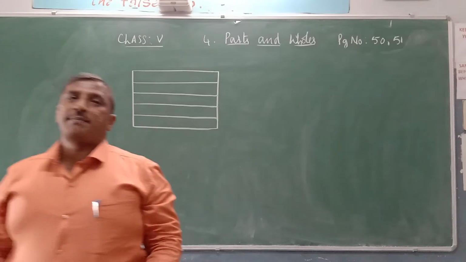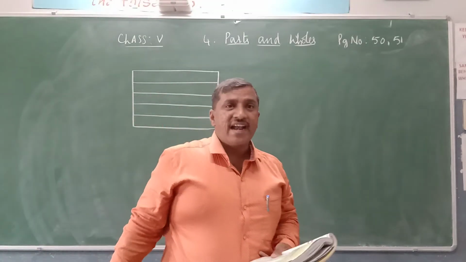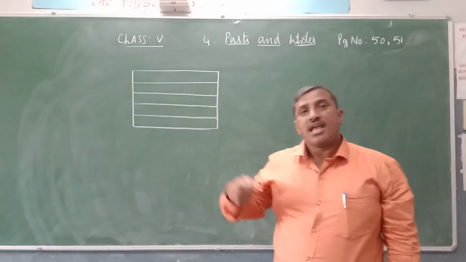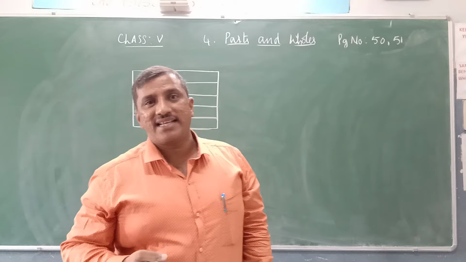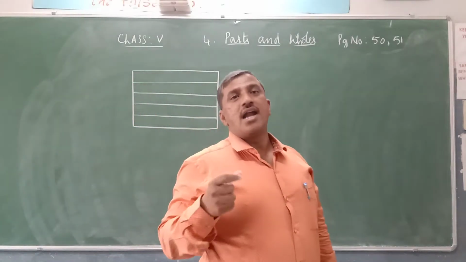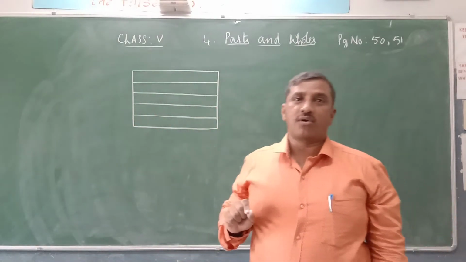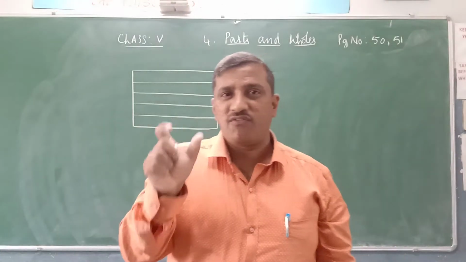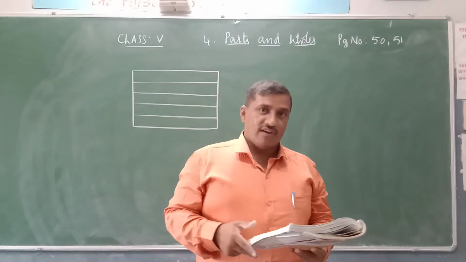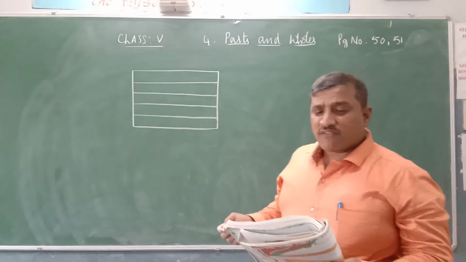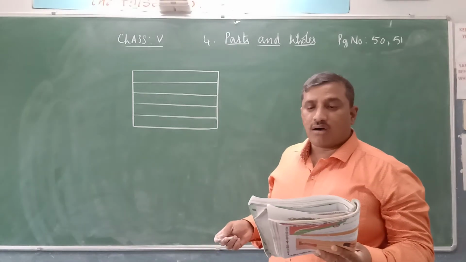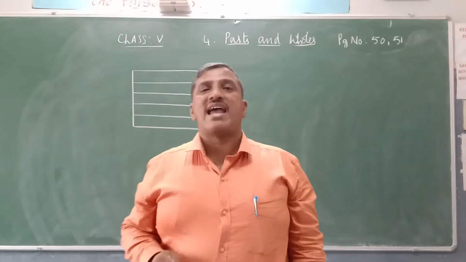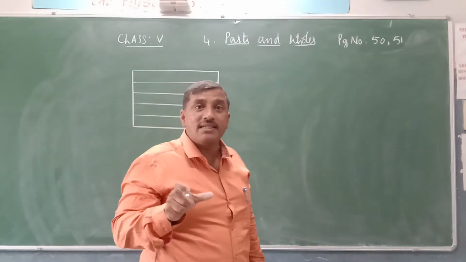Now move to page number 51. Find out. Collect as many flags as you can. Dear children, you collect different countries' flags and paste them in your notebook. In your notebook you have to paste a minimum of 10 countries' flags. Collect small flags and paste them. Now, how many flags have 3 colors, or all the colored parts equal in these flags? After collecting the flags of different countries, observe the flags.